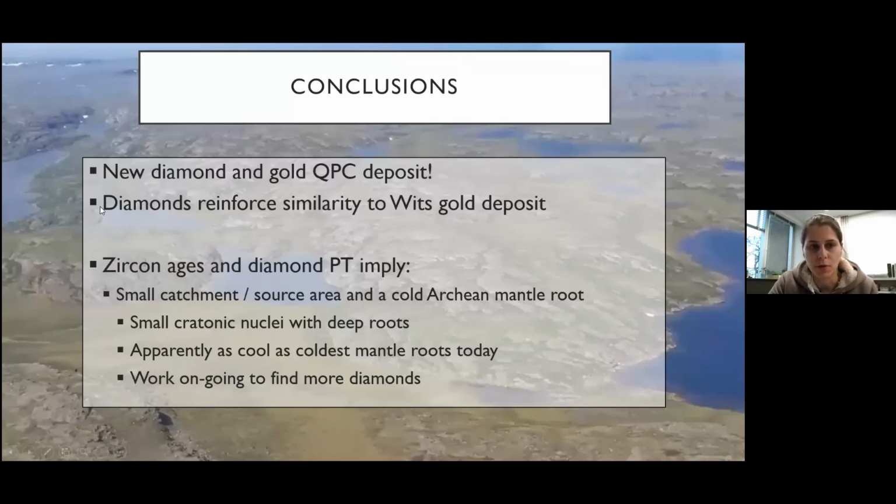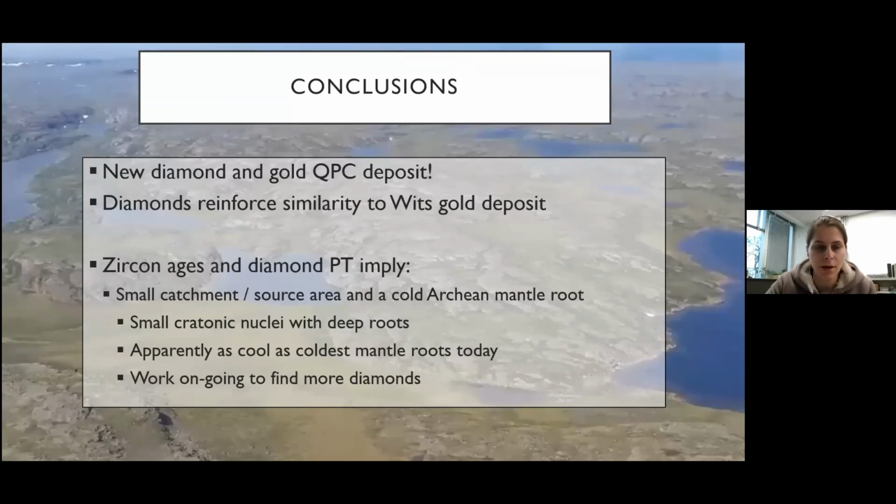So just to summarize, we found new diamond and gold deposits in the form of a quartz pebble conglomerate in the northern part of the Slave craton. And these diamonds show that this deposit is very similar to the Wits gold deposit, so it has a lot of potential, possibly for the